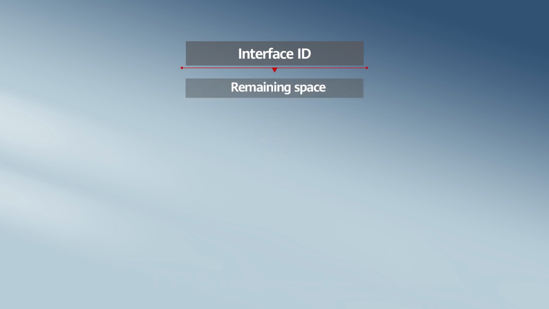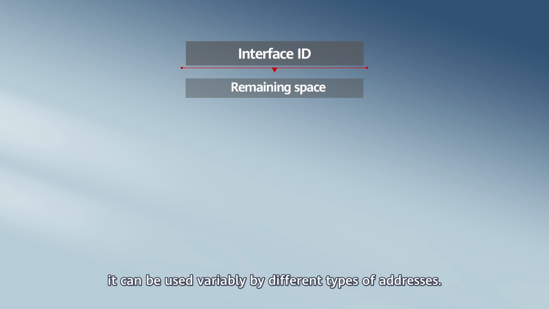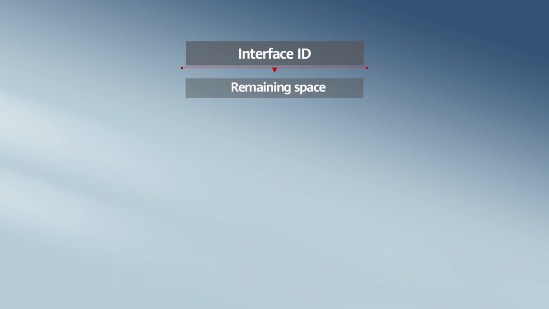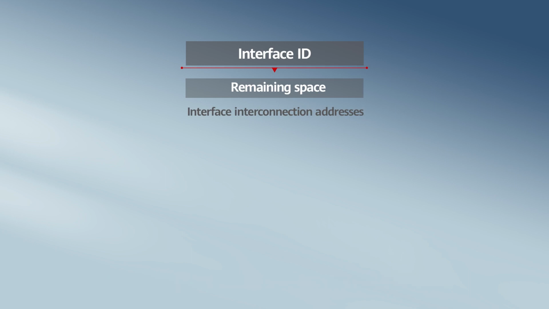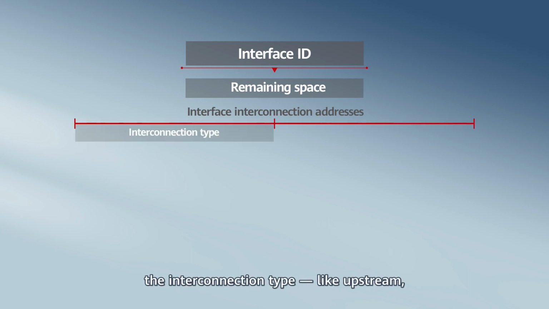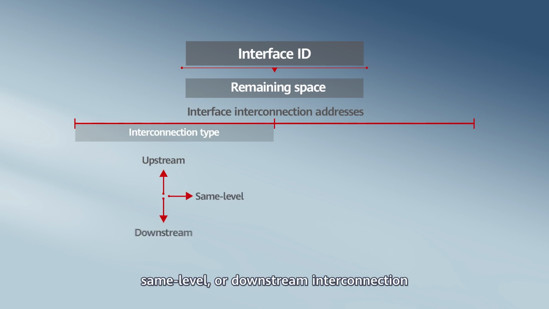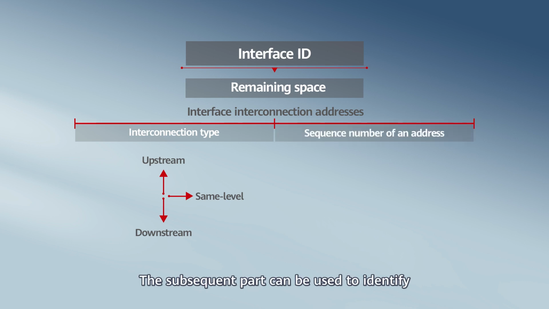For the remaining space, it can be used variably by different types of addresses. Take an example. For interface interconnection addresses, the interconnection type, like upstream, same-level, or downstream interconnection, may need to be specified. The subsequent part can be used to identify the sequence number of the address.